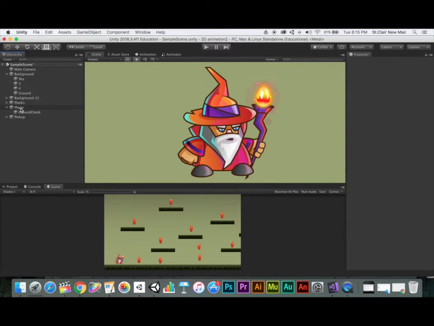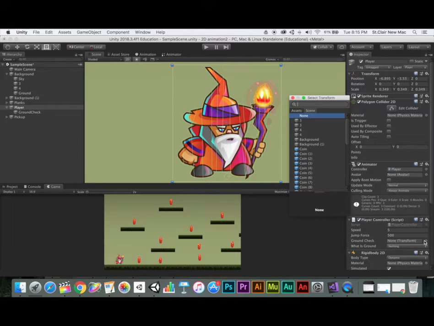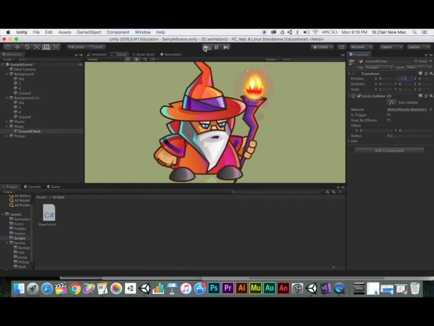So going back on my player now, if I've set up all the different layers, I'm going to click on my player, come down to my player controller script, and you'll see ground check here. I can click and drag the ground check, or I can click on the picker and do a search here for ground check. And that pops in. What is ground? We want to let it know that anything that is on the layer of ground is going to be considered our ground. And that will allow me, when I click play,